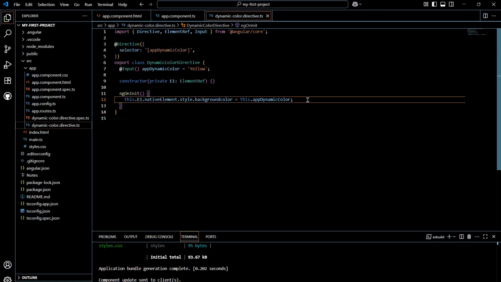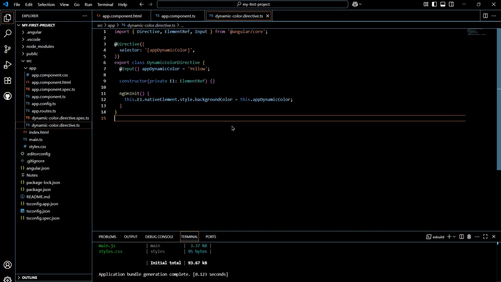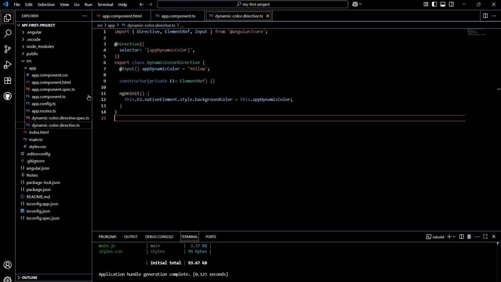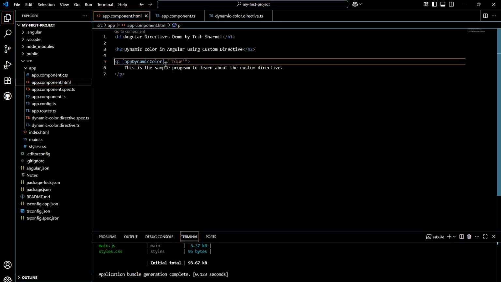Actually the problem is with this C. We have marked it as small, and that is why I always mention that this is case sensitive, so it should be a capital C. If it is capital, let's see. Yeah, now you can see it is coming with the background color as blue. And if you are not providing any color, let's see what will happen. Let's say if I am not providing anything here,